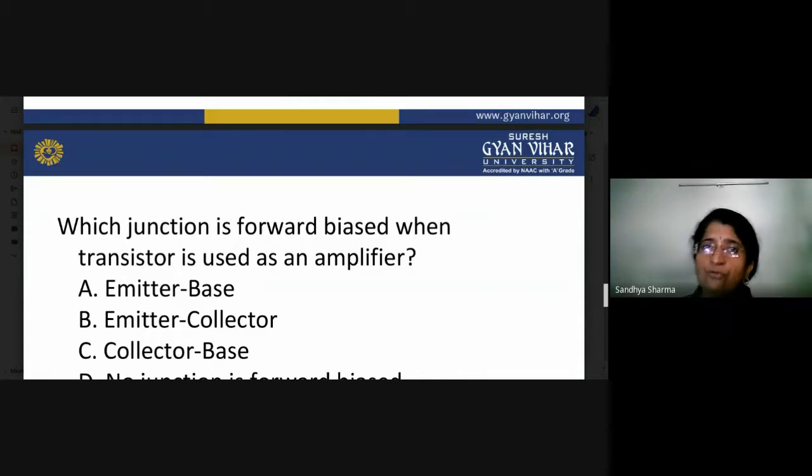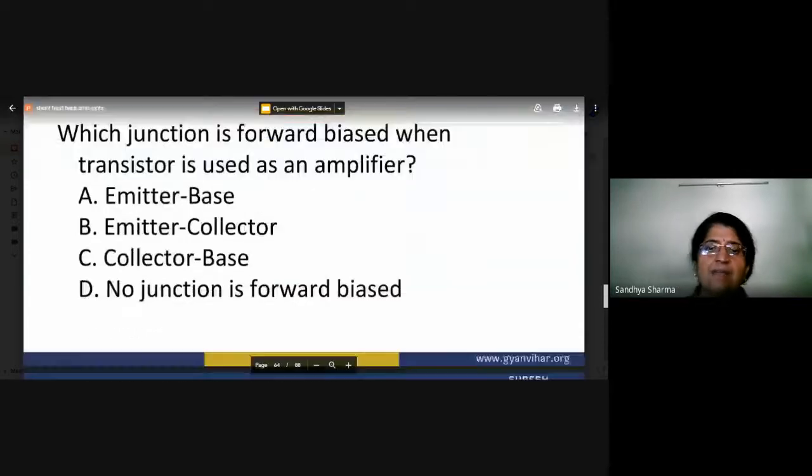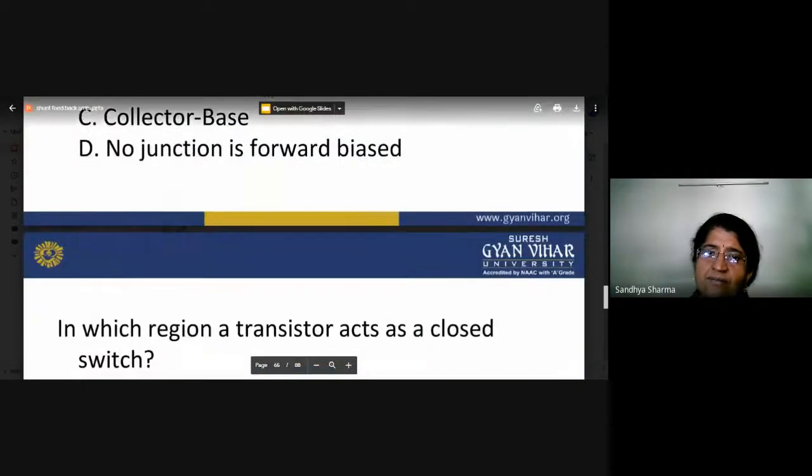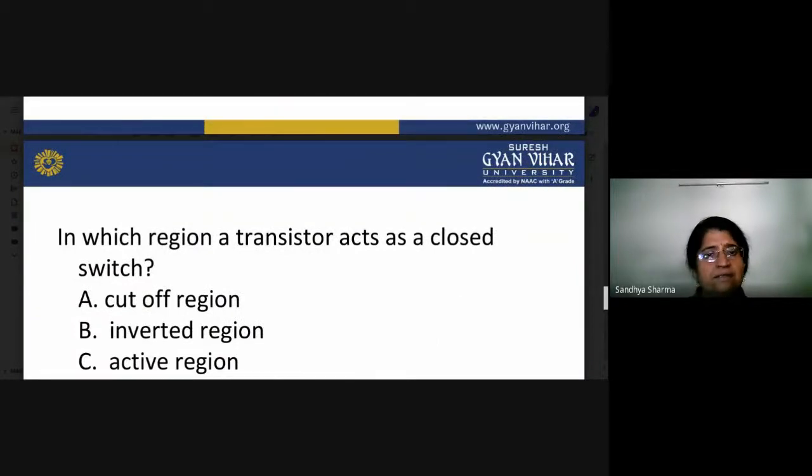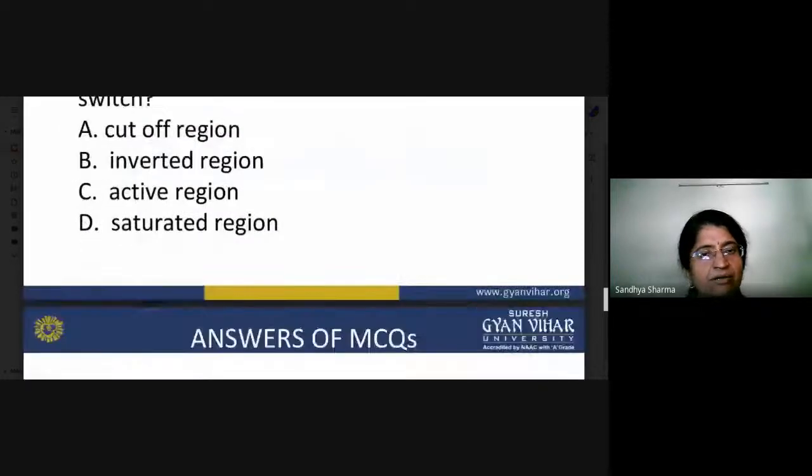Again, you have to know in which particular conditions a transistor works as an amplifier. Which common configuration is very popular when designing an amplifier? I think it will be very useful. You also have to know when a transistor works as an open circuit and when a transistor works as a closed circuit. These are basic objective questions on which you have to focus. Once you have read the complete PPT, you will know the basic working criteria of your system, and then you can easily answer those objective questions.